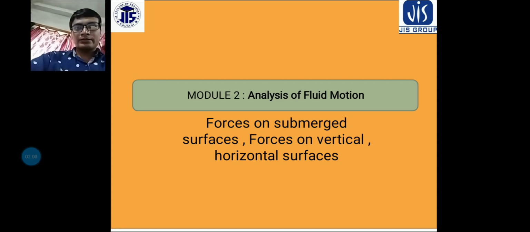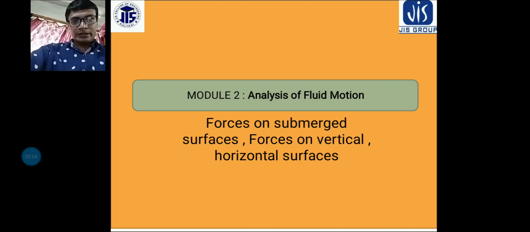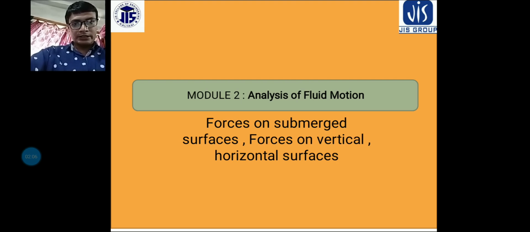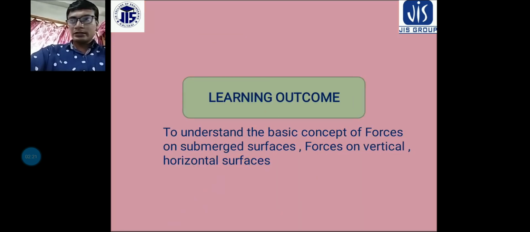As we know that the velocity or movement is zero, we can say that du by dy, the rate of shear strain, is zero. As a result, the viscosity effect is also zero, and shear stress is equal to mu into du by dy. Here you will see that du by dy is equal to 0, so the shear stress will also be 0.